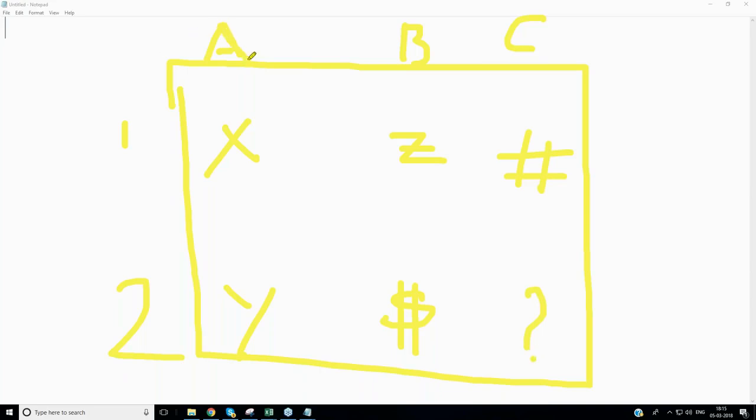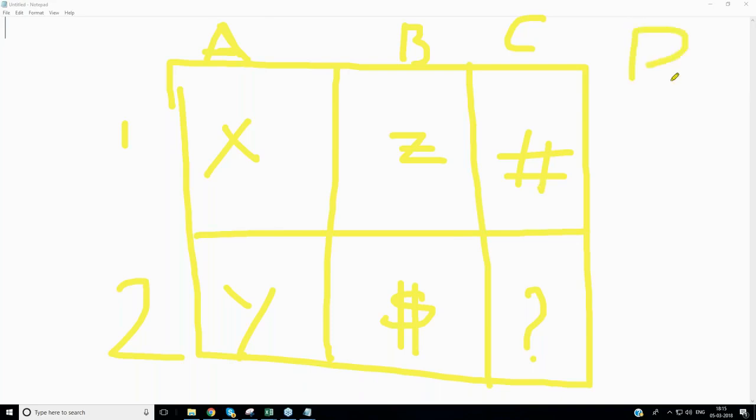Now, the way this is done is these are columns, these are rows. How many rows does this table have, everyone? 2 rows, correct? Row number 1, row number 2. How many columns does this have? 3 columns, correct? Now comes your question, team.